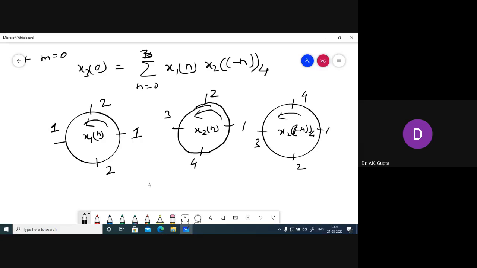So for x3(0), this is multiplied by this, point by point multiplication, and all the points are summed. Means x1(0) x2 of minus 0 plus x1(1) x2 of minus 1 plus x1(2) x2 of minus 2 plus x1(3) x2 of minus 3. These two sequences are multiplied point by point and then summed. Means x3(0) will be